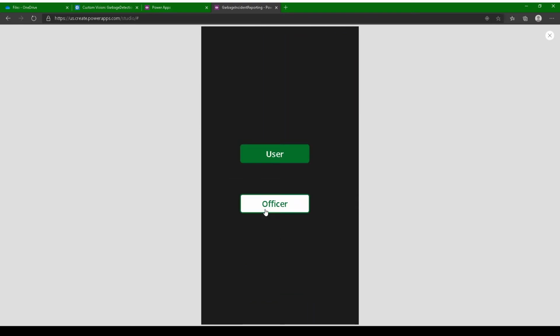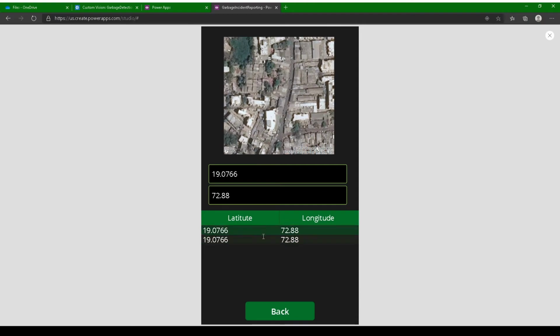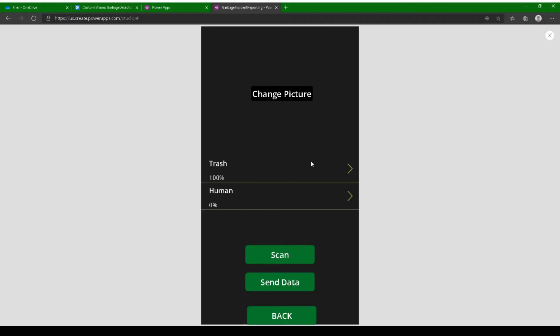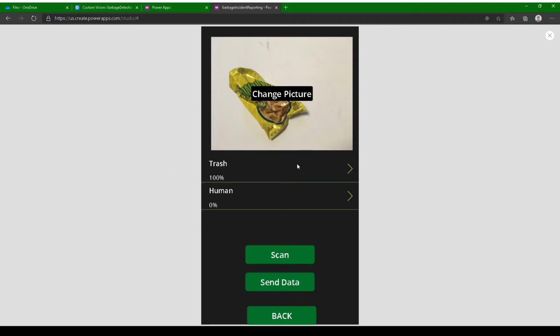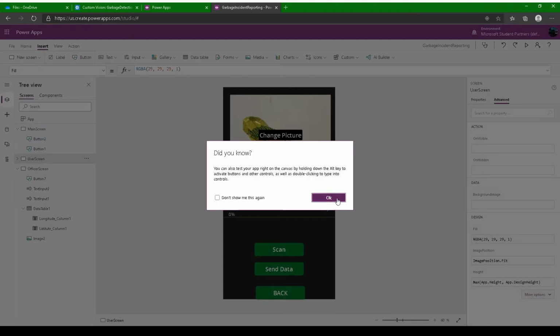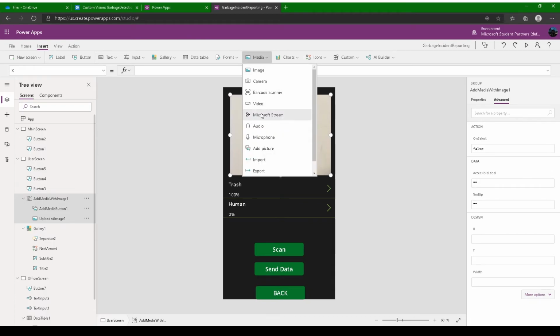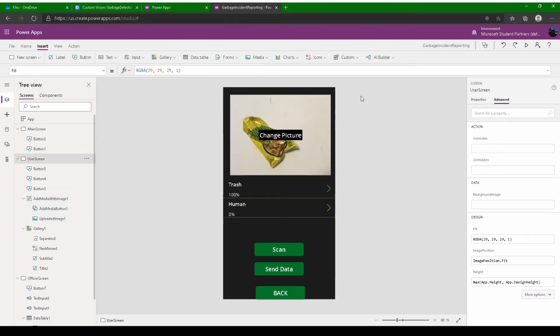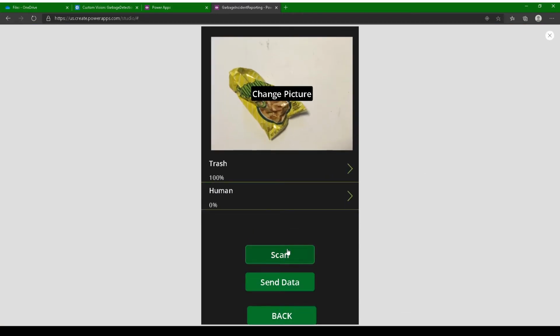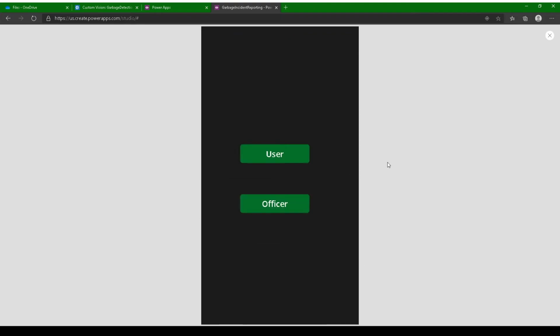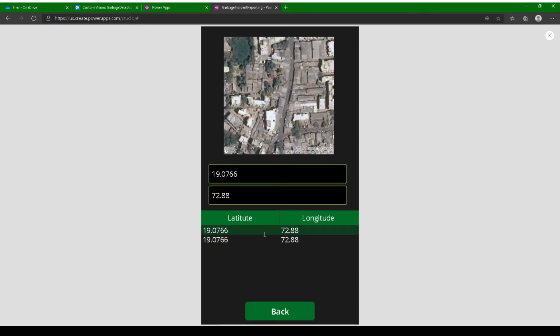Let's go back, let's go to officer. There you go. Now 2 entries are there. As I'm doing it from the same location, it would even change, but the user would just go around and add the image. Yes, we can also add directly from the camera. You have the input to add directly from the camera too. For the tutorial's sake, I'm not doing it because I want you guys to do it. I have also implemented it, and I'll also show that in the demo. So if you go back, the database would show here.